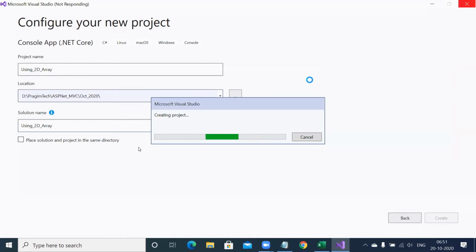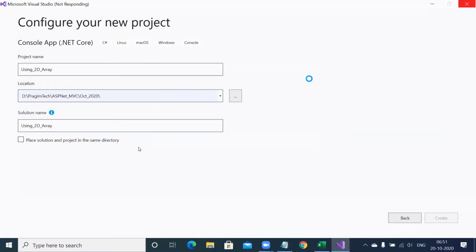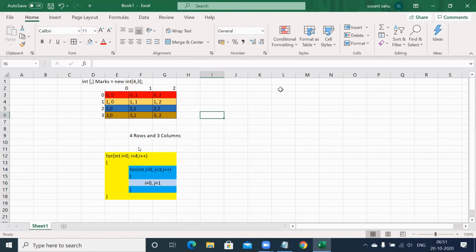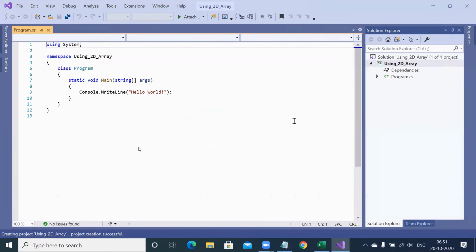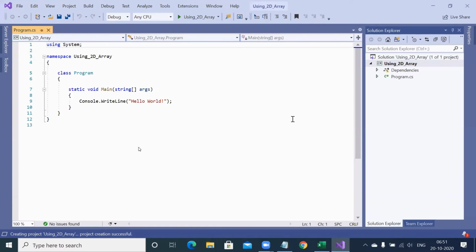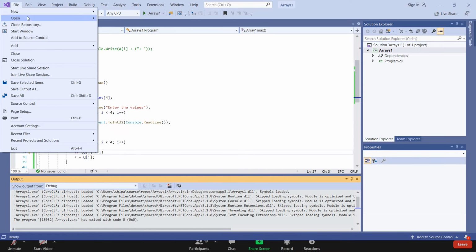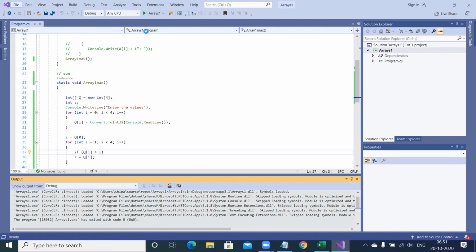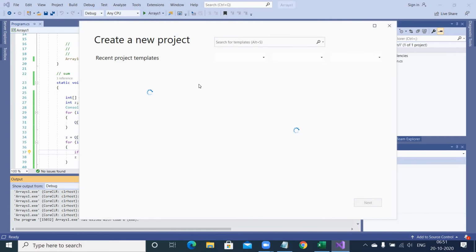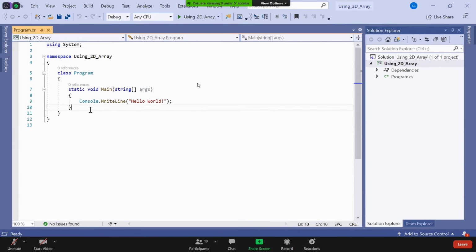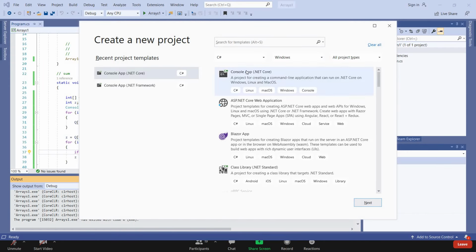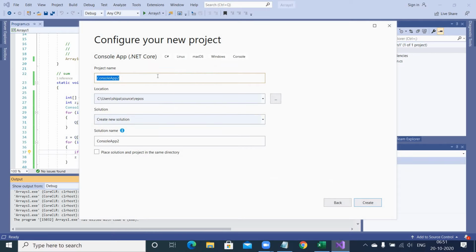On click of create, it will ask whether .NET Core or .NET Framework. I selected .NET Core and then proceeded. Then it asked me the name of the project, and I gave the name of the project as using underscore 2D array. So now here you come and define a function like static void.